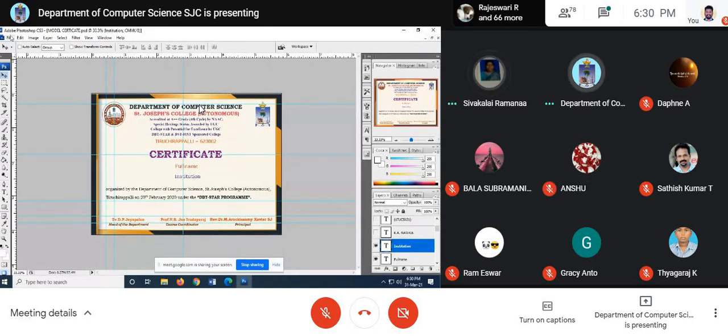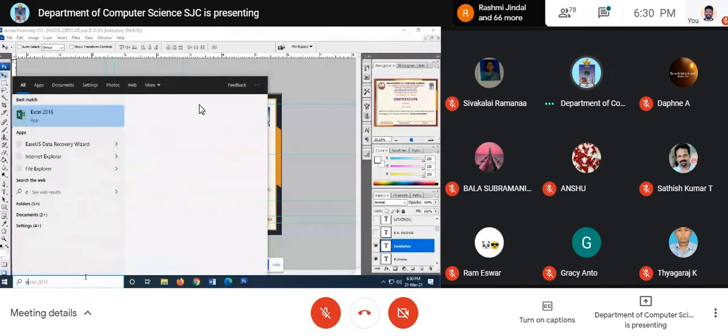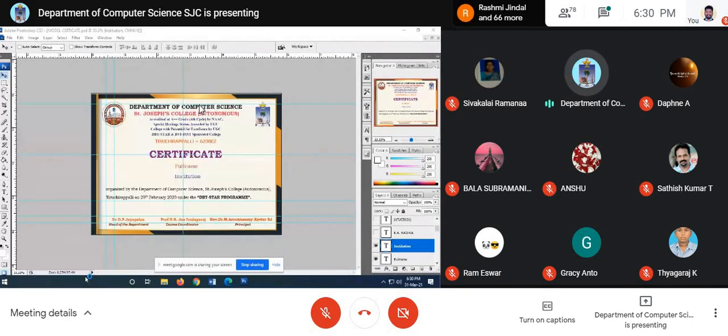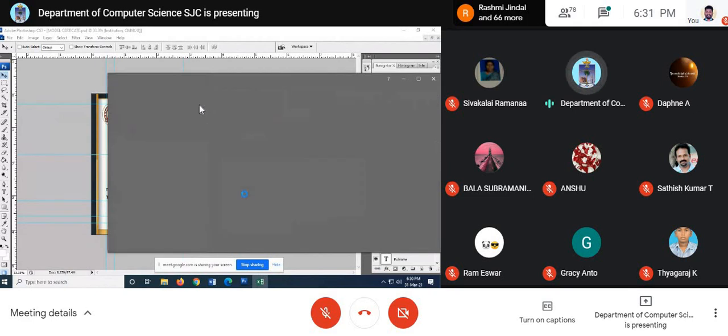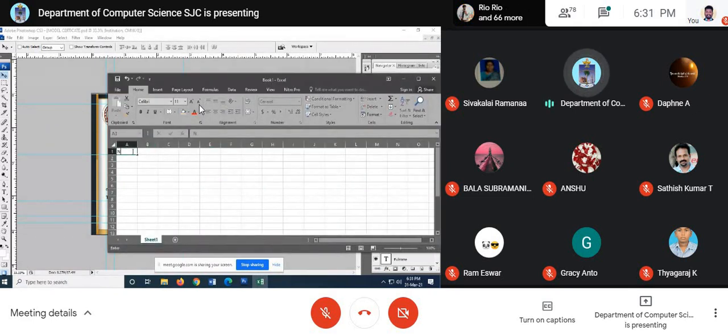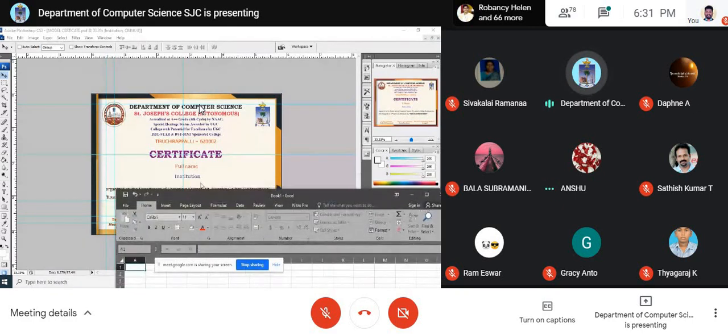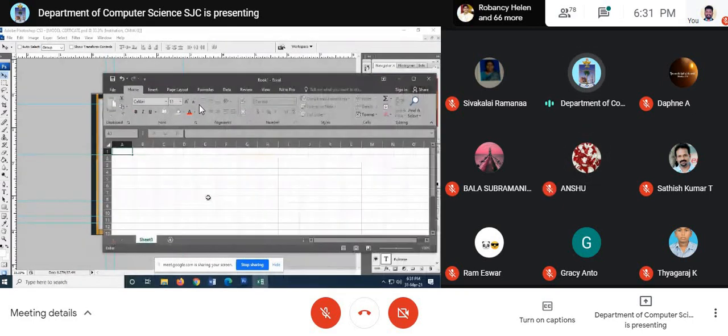Now look at here. I've got 2 variables. Now we are going to create the Excel file. Yes, I have opened an Excel file. I'm going to get one is name; the same has to be there. See, whatever variable you have given, the same has to be there. Full name and institution. So I have typed full name and institution. Right, I have typed.